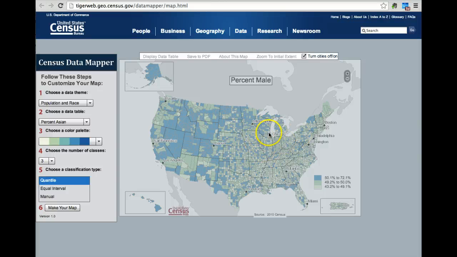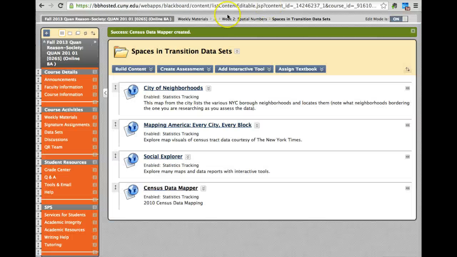but this one is available with 2010 data, as you can see down here where it has the source, 2010 census. Again, you want to zoom in and out to look at the area that you're interested in and produce maps in this way. So what I really want you to do during this coming week for the signature assignment is to play around with these different mapping functions, start drawing together your census statistics that you're going to be using in your infographic, and paint a picture or draw a picture of a story of the population of a